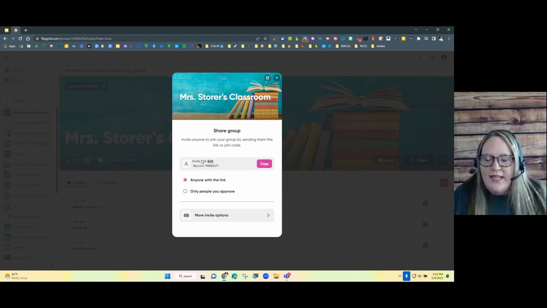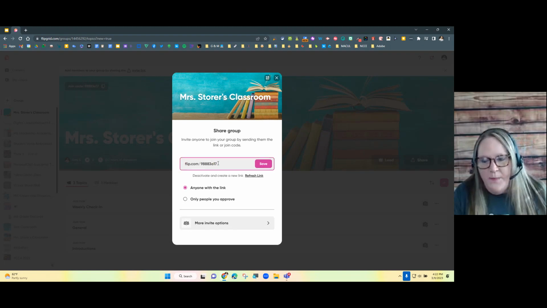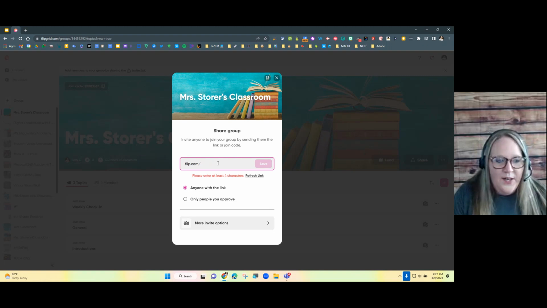So right here, it says there's an invite link. And the really cool thing is you can click on Edit, and you can actually change the back half of that link. It's going to auto-populate some number-letter combination, but you can change it to fit your needs. Maybe it's the name of the teacher. I bet you store is taken. How about 2? How about 3? There we go. So you can do store 3, and that may be something that your students can remember a little bit easier than that letter number combination that you saw before.